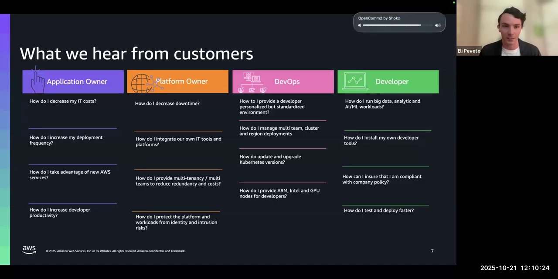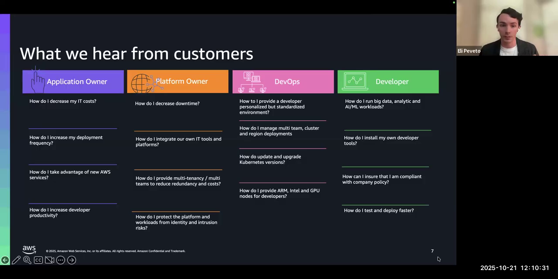On the DevOps side of things, they want to know how they can provide a developer a personalized but standardized environment. Then the developers want to know how they could deploy and test faster than before. All of these and more, as you can see on the screen, culminated into a lot of the key challenges